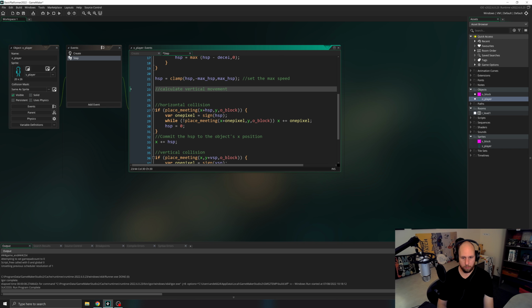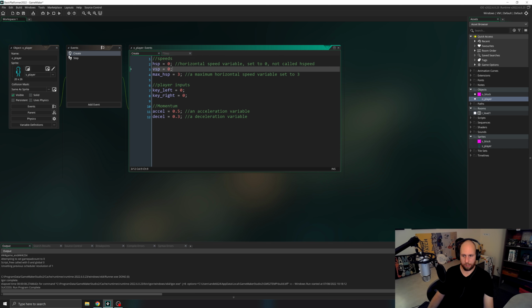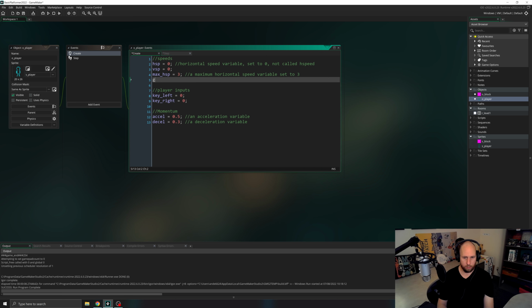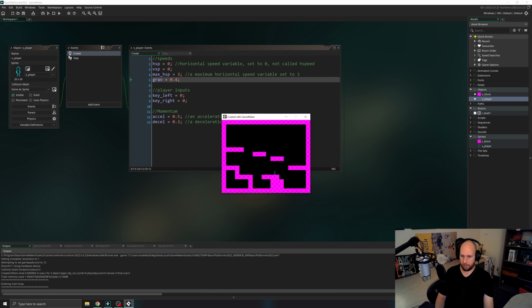And in that section, we'll add some gravity. So let's write VSP plus equals grav for gravity. That way we're always going to be moving down towards the ground. In the create event, we can declare our grav variable to equal something like 0.4. And check to see if it works. Our character should fall down. Whoop. And down and